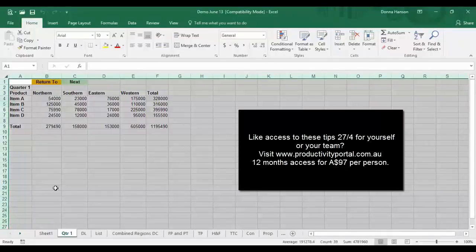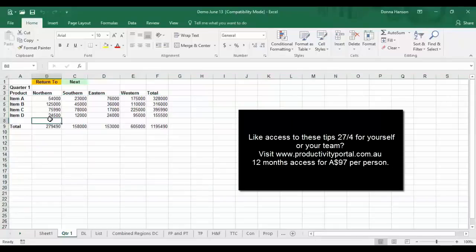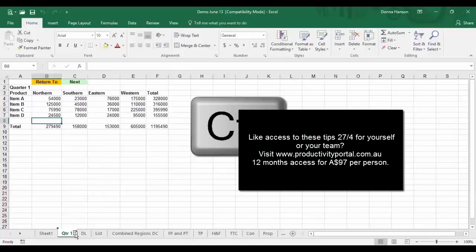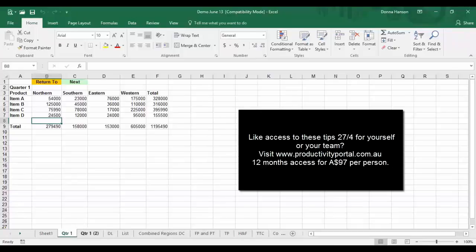Control-C, clicking on a new worksheet, and Control-V to paste it. This is a bit long-winded. If you take your mouse pointer down to the tab at the bottom that represents the worksheet you want to duplicate, hold down the Control key and hold the left mouse key down on your mouse. When you let go of your mouse and then let go of Control, it creates an exact duplicate of that